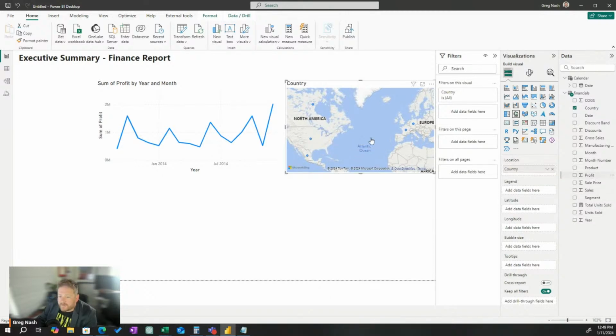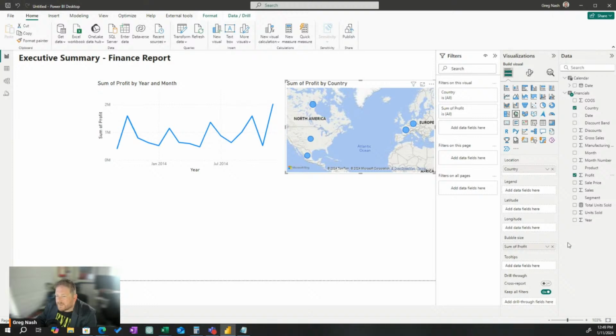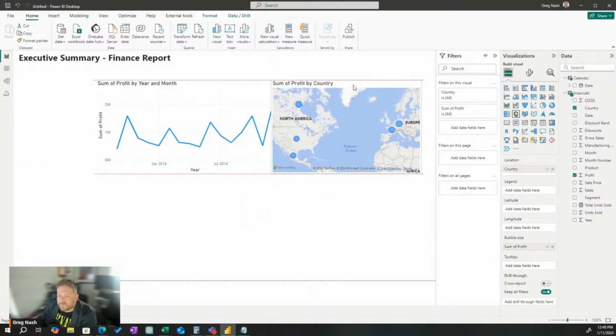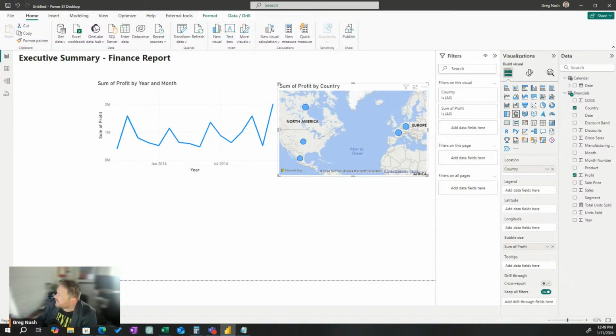You really just drag it onto the map. Oh, that worked. Nice. So you can create visuals that way as well, right? You can just drag stuff onto the canvas and it just works. That's nice. Power BI creates a map with visual bubbles representing the relative profit of each country. Europe is performing better than others. Can I tell that from here? They all look the same to me. 3312. Look at how many decimal places profit's got. It's nuts. It's crazy.